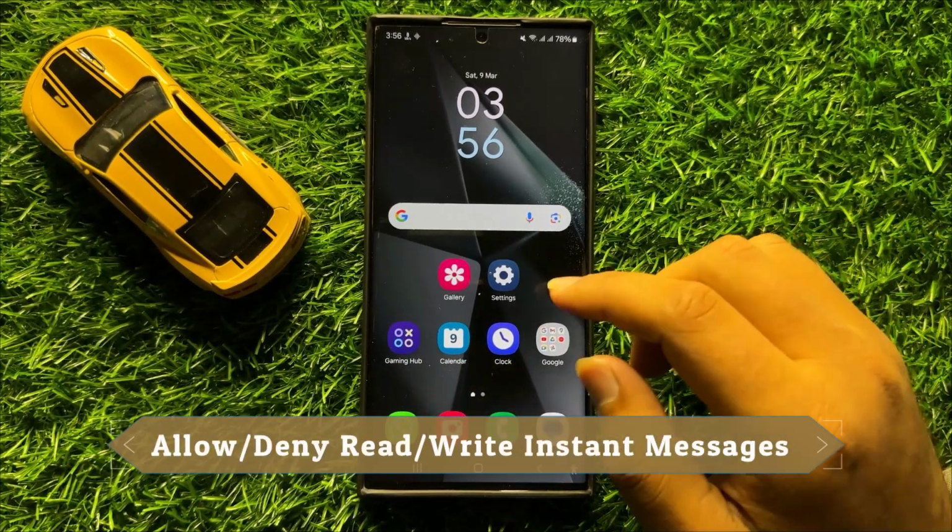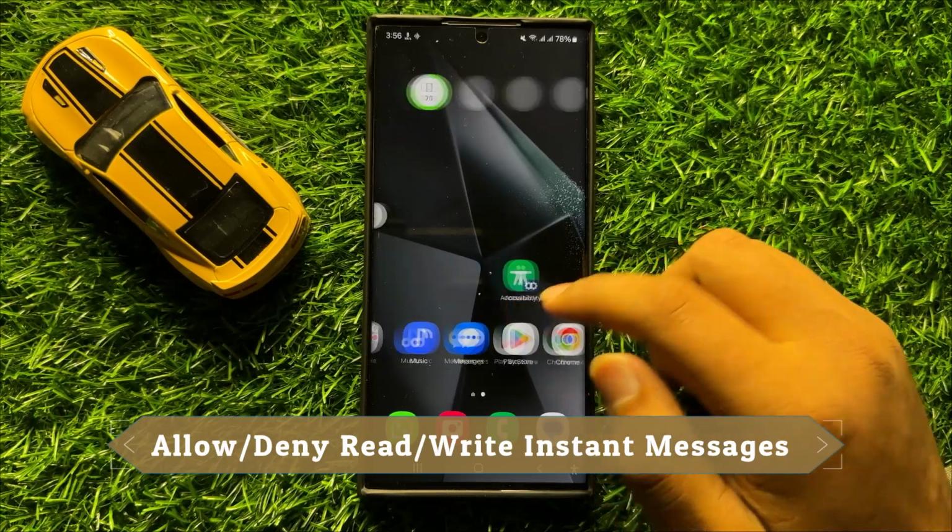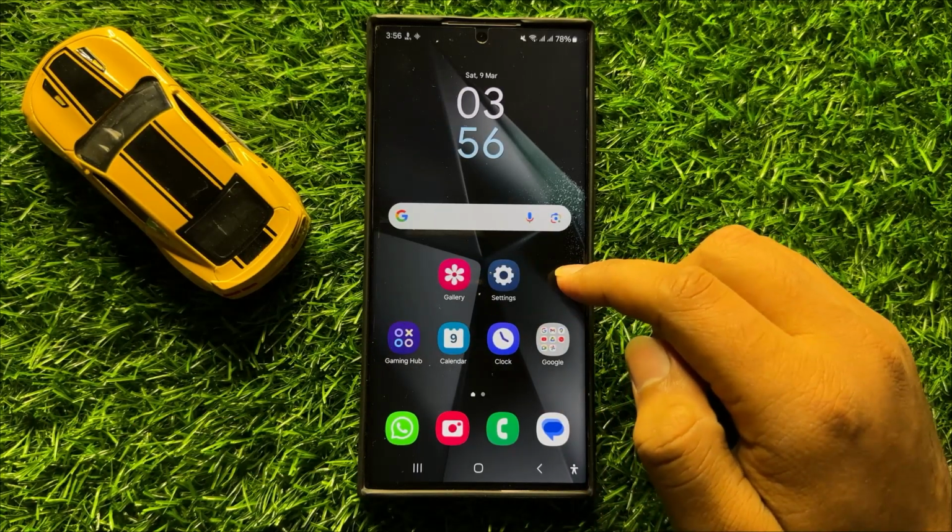Hello everyone, in this video I will show you how to allow or deny read or write instant messages in